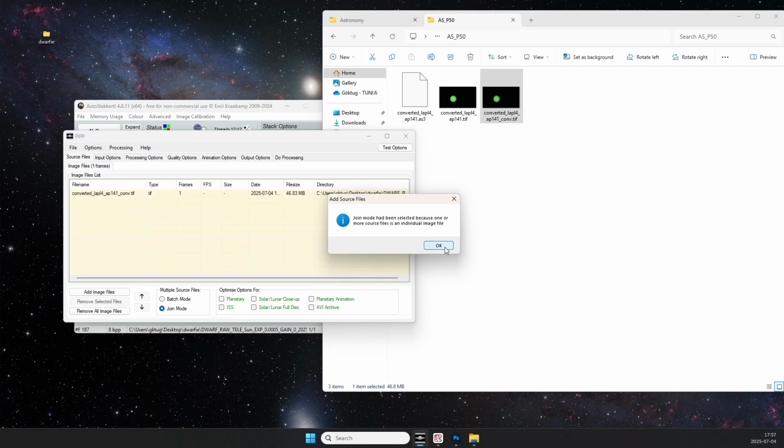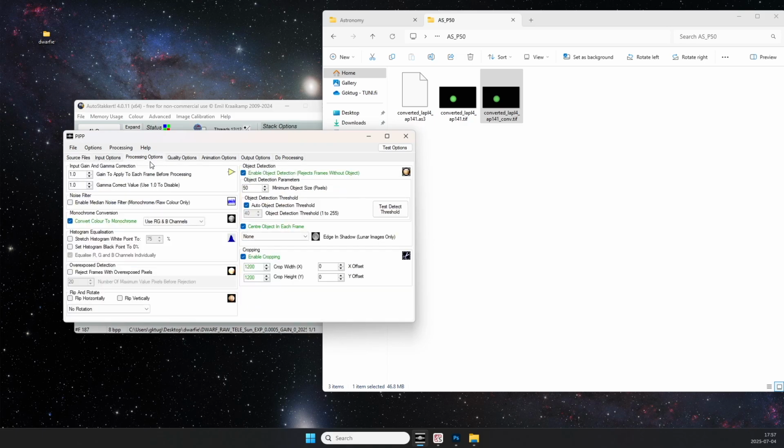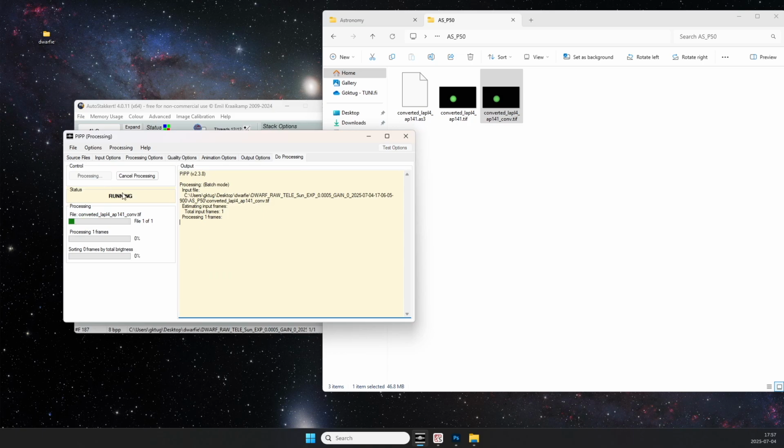This is a warning, it comes all the time, but not a problem. Then I use solar or lunar full disk, which is what we are doing. Then there are many settings here you can play around with, but for my purpose I only change this setting, which is under processing options. There's the convert color to monochrome, which would remove the RGB and make it monochrome again, which I do not want. So I unclick that, and there's nothing else to do here. I just click on do processing,